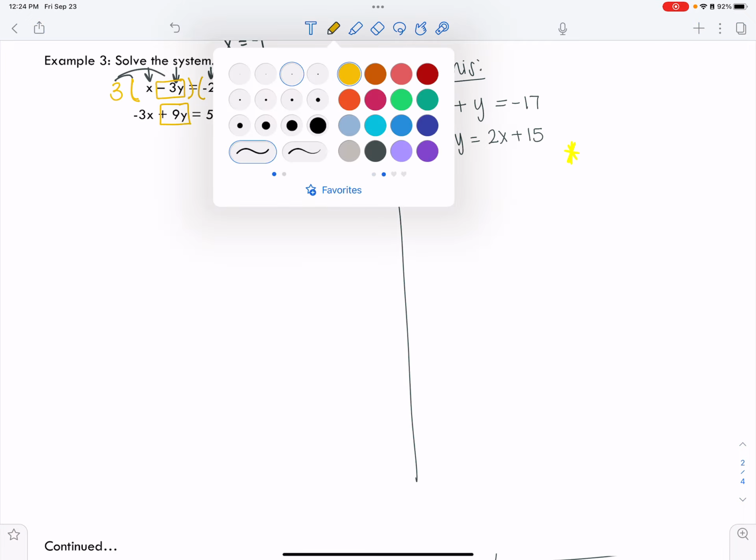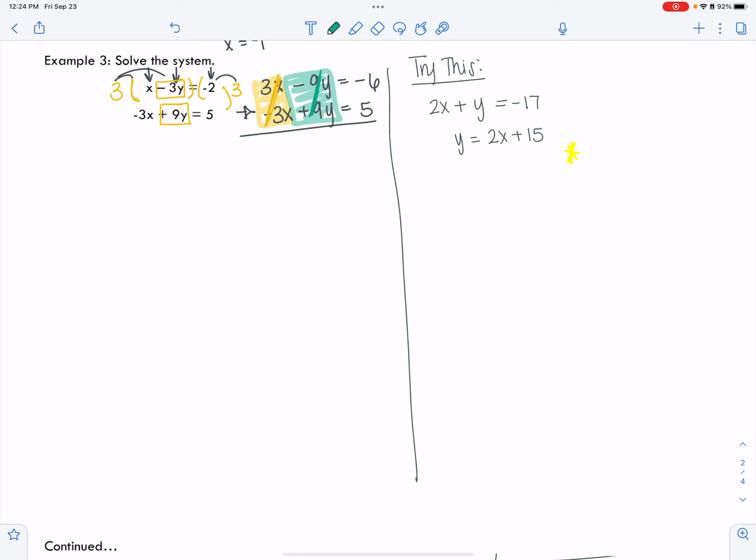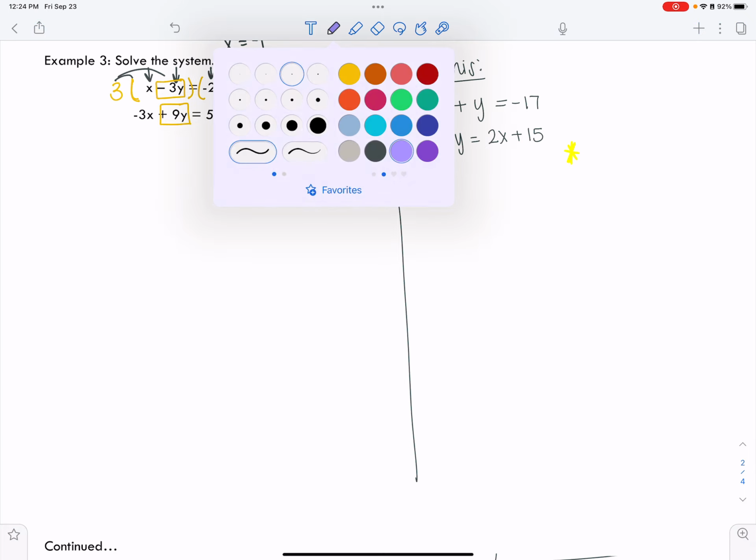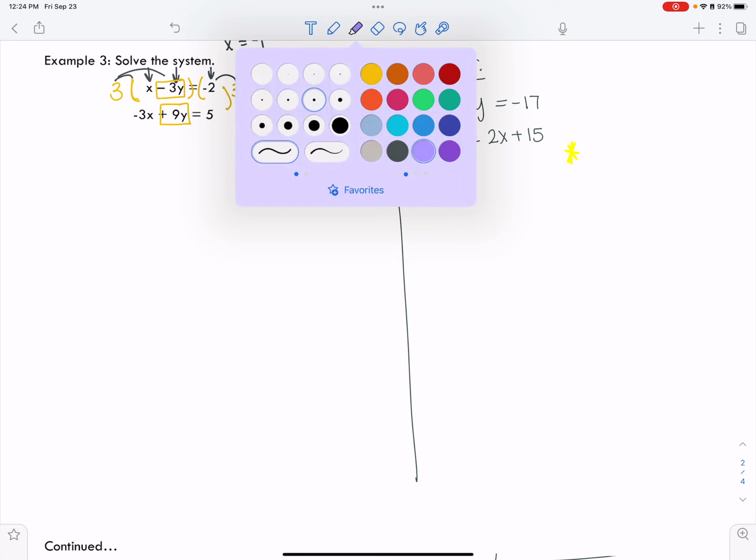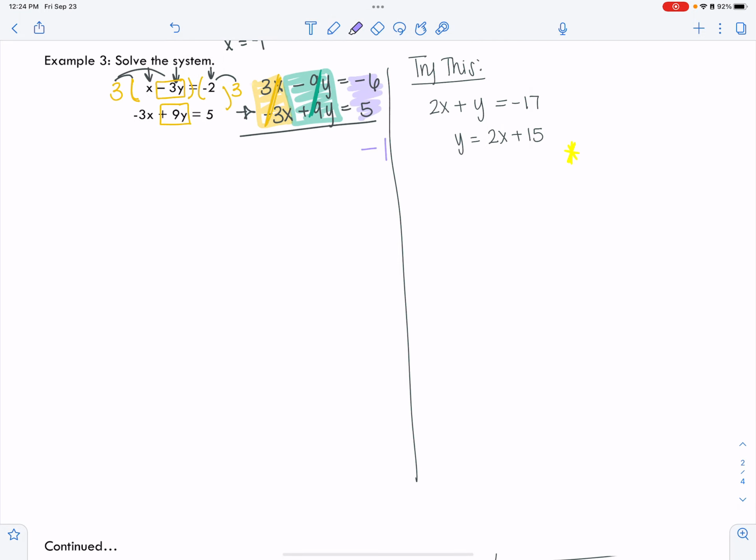Oh, that's going to cancel too. And then the last one, negative 6 plus 5 is going to give me negative 1, which now we're seeing a different scenario. Well, everything went away on the left, so I was left with 0 equals negative 1, and that is not